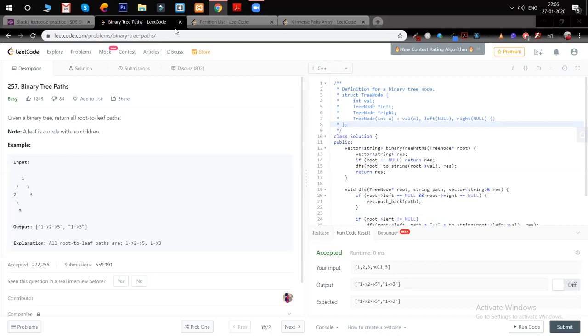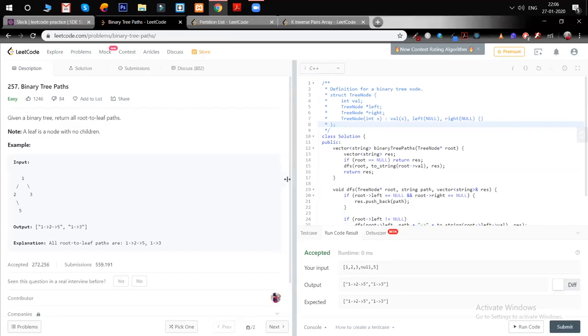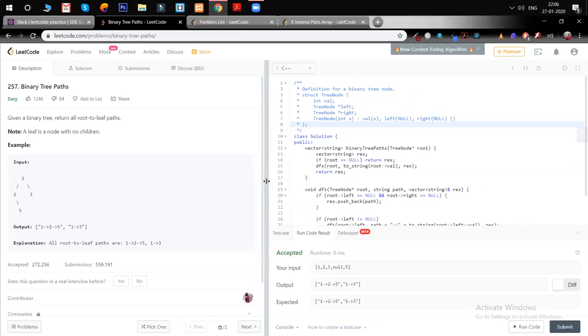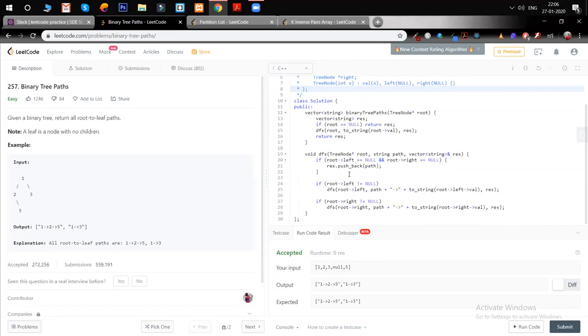Simple, fairly simple. Yeah, I did it the same way, like what you said. It's something like an in order thing, I just modified the in order traversal. I used a base condition in the recursion: if we reach the leaf node, then I push back the path that I'm getting. The first thing I'm doing is root dot left, and the next time root dot right. So it's a simple recursion thing that I did. Yeah, I did the same too.